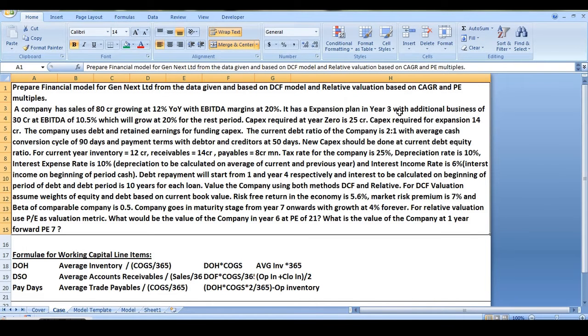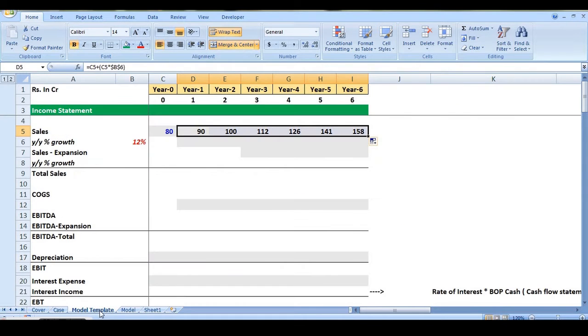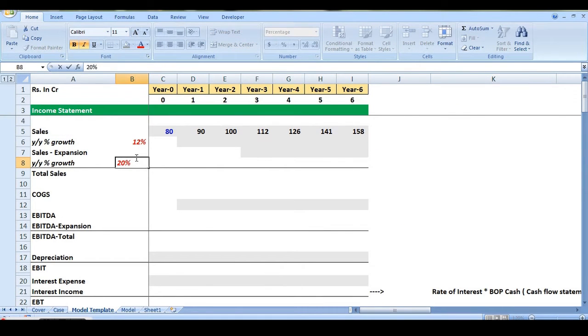expansion values. Now expansion is from year 3 with the additional business of 30 crore and EBITDA 10.5% and growth rate 20%. So we'll mark the growth rate here first as 20% and year 3 revenue or sales is 30. In the similar manner, the way we calculated sales for the regular business, we will calculate for expansion as previous year sales plus previous year sales into the growth rate, which we will freeze.